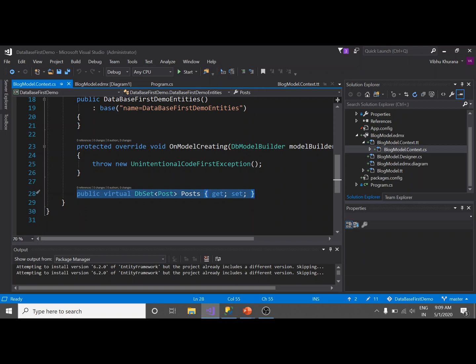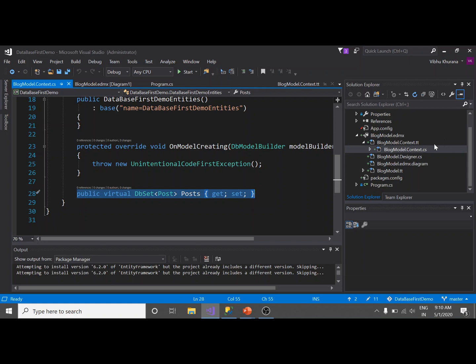Note that a dbset represents a table in the database. So because in our database we have a table called posts, this is the reason in my case we have dbset of type post called posts. Now this post class you see here is the generated code.